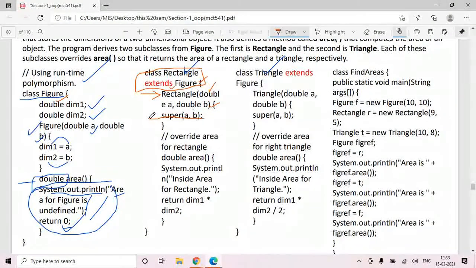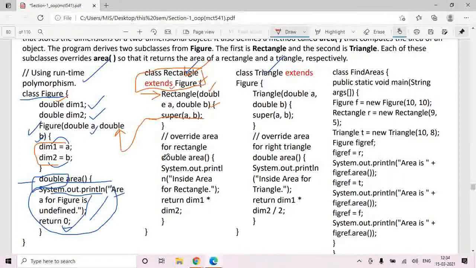Now which is parent class constructor for the rectangle? This one. So this super(a, b) will give a call to this constructor, and this constructor will in turn initialize the variables dimension 1 and dimension 2 for rectangle.